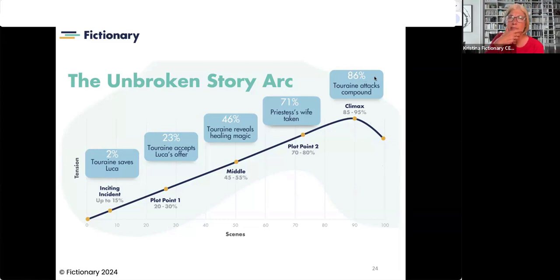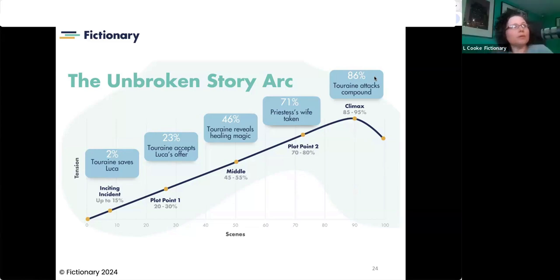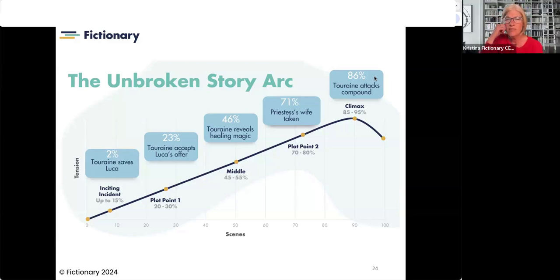Oh, the main goal. I think it might be ordinary world scenes. So before the inciting incident, perhaps, is maybe what Lisa's looking for, and the main goal in the skeleton fantasy. Yes. Okay. So that's a very interesting point. And what you'll see in lots of fantasy novels is the main goal will be,